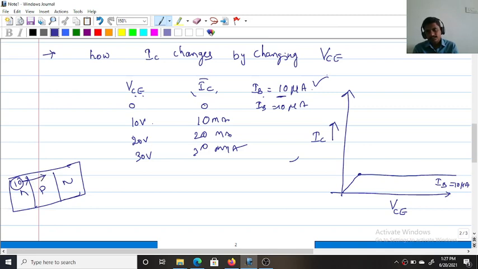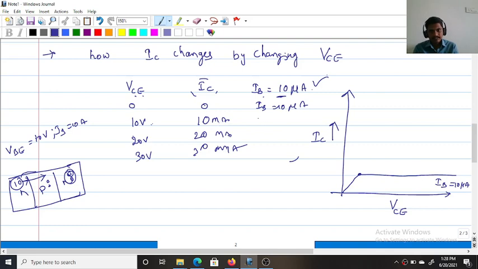So when VBB is selected with the input voltage, let us suppose 10 volts, and it is providing 10 amperes of current. Let us assume 10 electrons are injected into the base. Some of the electrons, 2 electrons, recombine with the holes in the p region, and the remaining 8 electrons are here. So for example, at 10 volts, the current is 10 amperes.